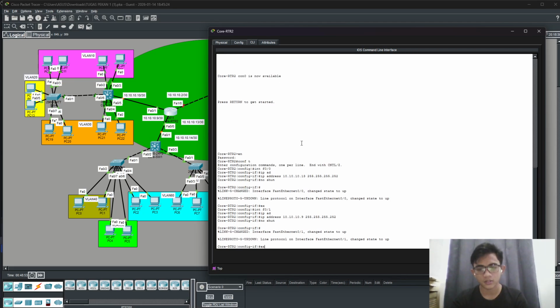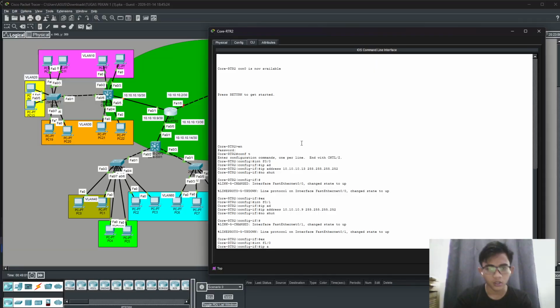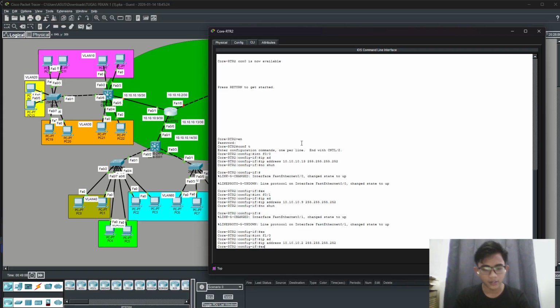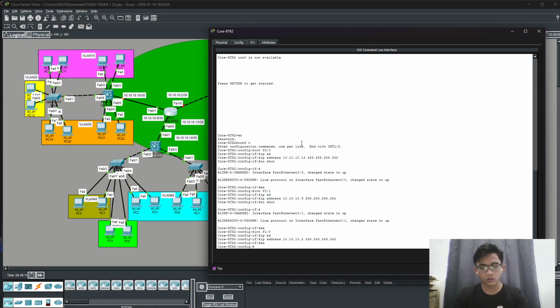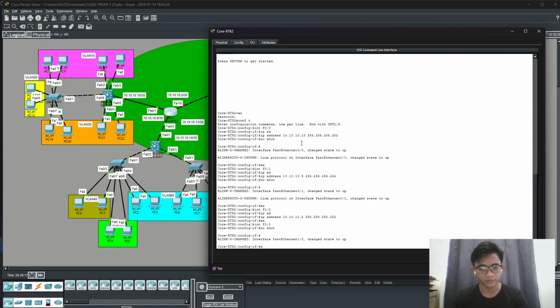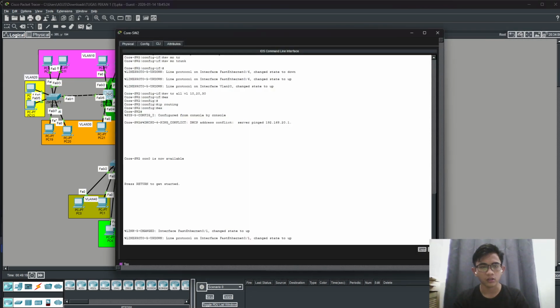Okay, oh no, once again, interface F1/0, the IP address is 10.10.10.2, and the subnet mask is the same. Okay, exit. Don't forget no shutdown. Okay, exit.